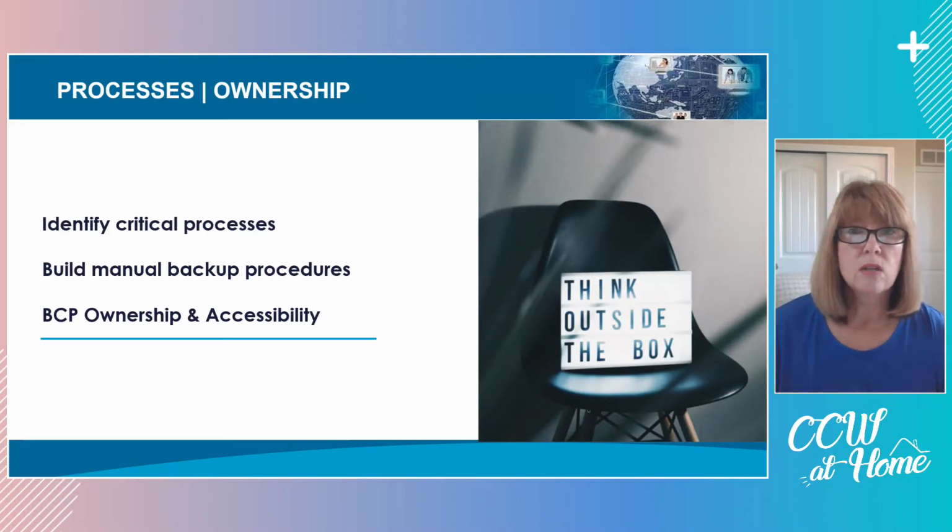The next big thing is looking at process and ownership of your plan. If you haven't done so, identify your key processes and touch points that have the highest customer impact in the event of a failure. If you look at your employee and customer journey maps, they're a great way to find risk areas and what the likelihood is of occurrence.